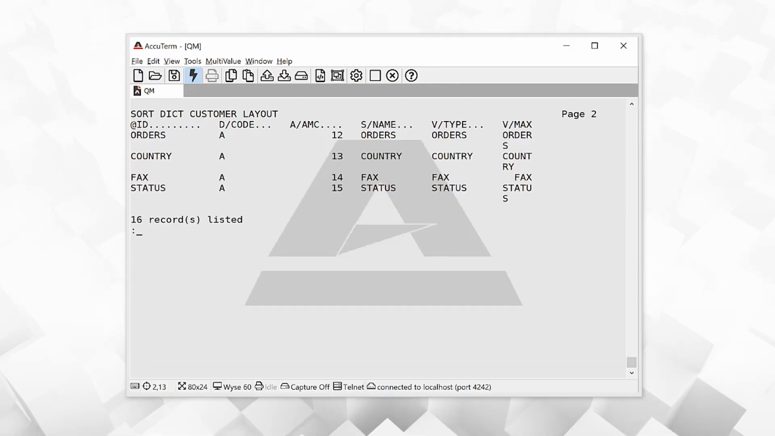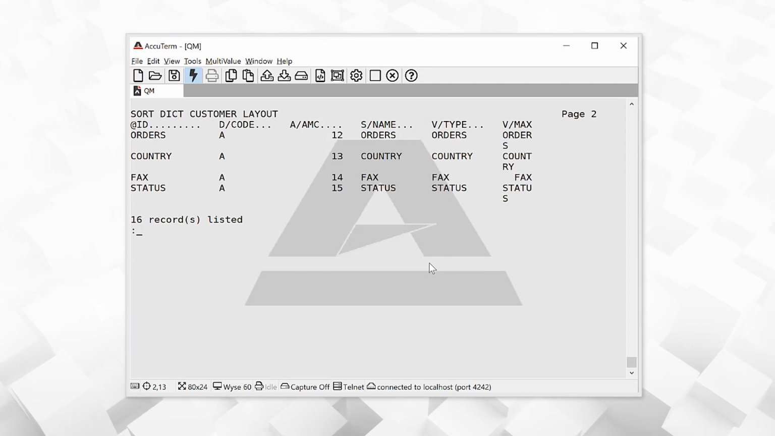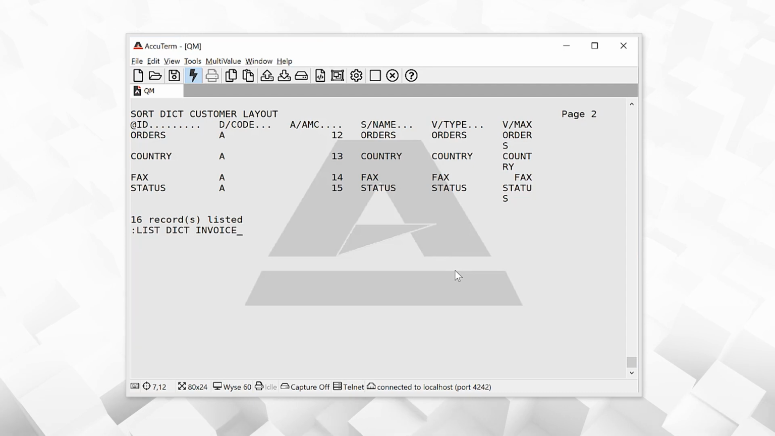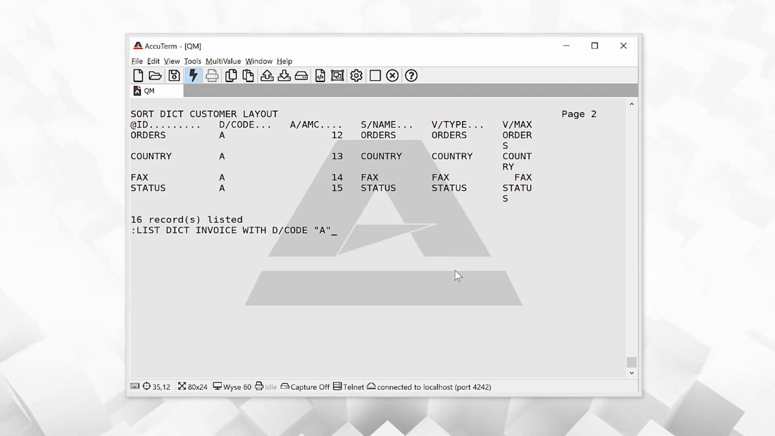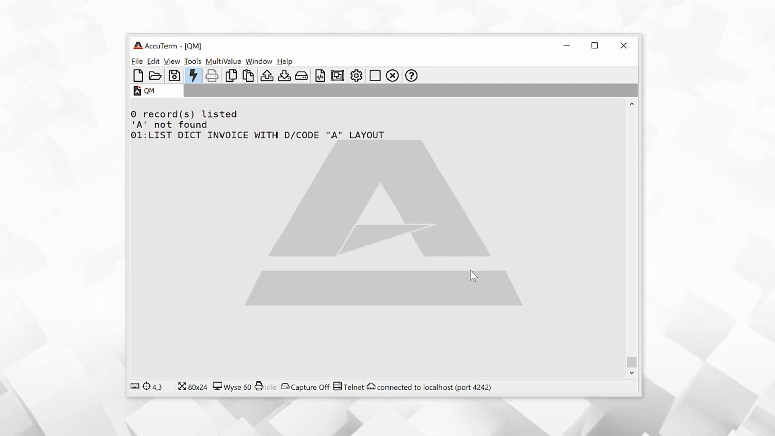I have a small example showing the file layout. Okay, so I have a phrase in my MD called layout, which just shows the fields that are used mainly for describing what is actually in a file. And if I list this dictionary for my invoice file, and I assume that all of my A types are the real dictionary records, and ask for the layout, which if I type it right, it will